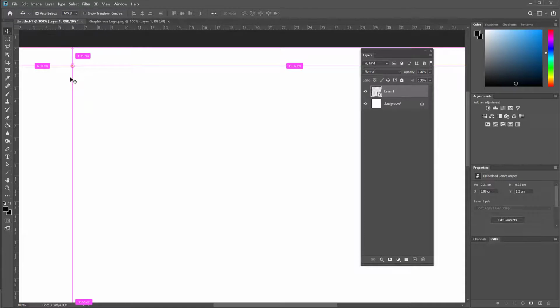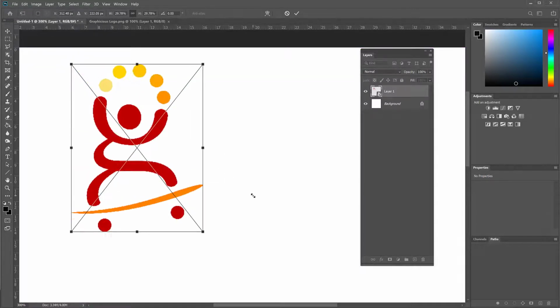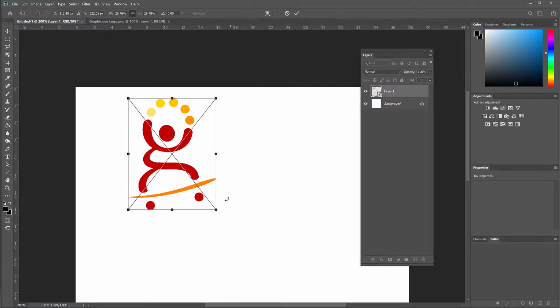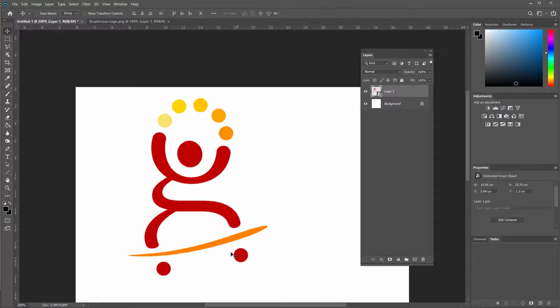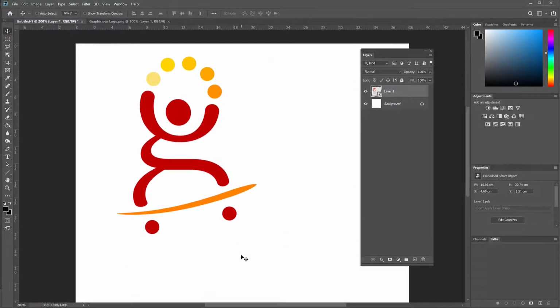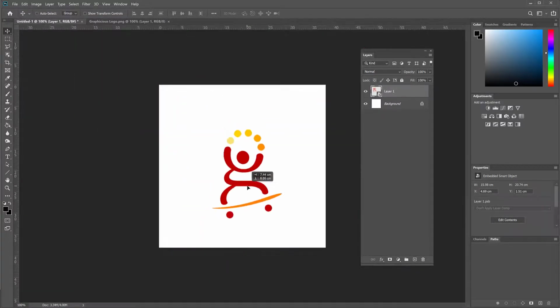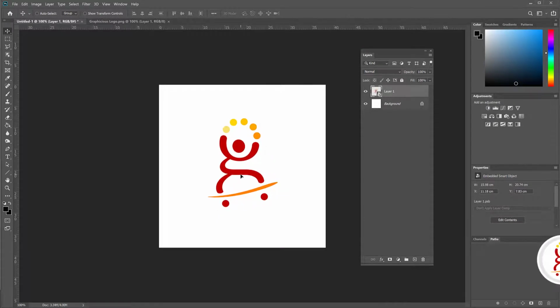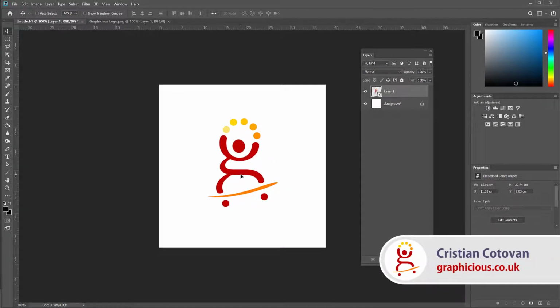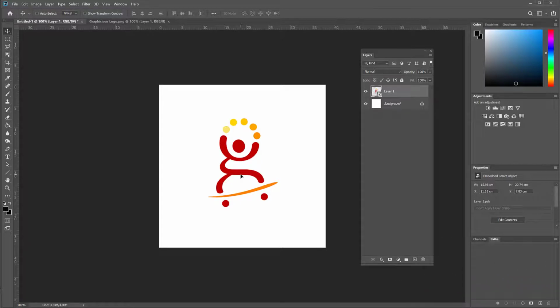I can't see it right now, but if I bring it back, scale it back up, my data is preserved and the quality is maintained. So this is one of the benefits of using smart objects. This is what's called non-destructive editing. So you are making transforms, you are making changes to your data, but you're not affecting the original data that